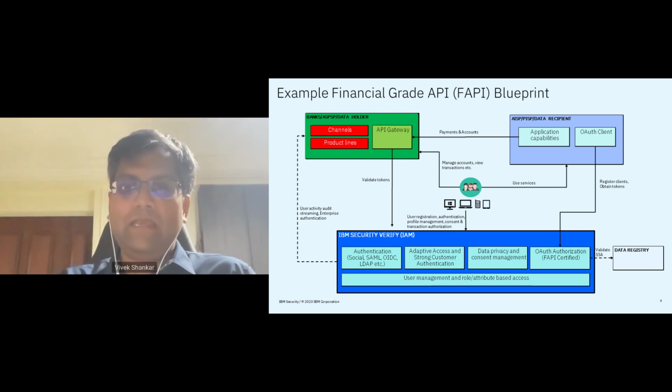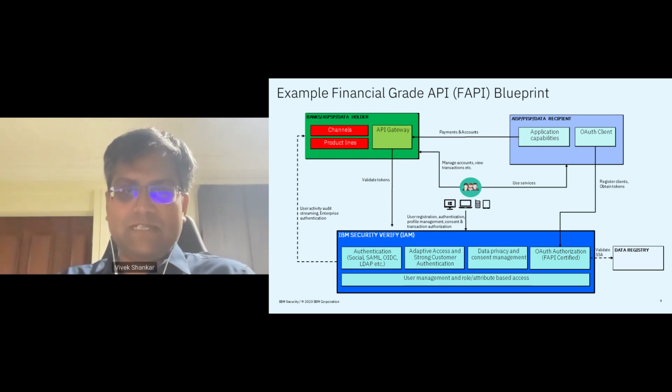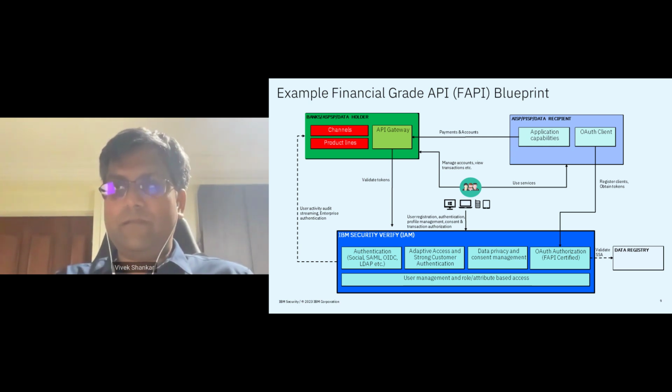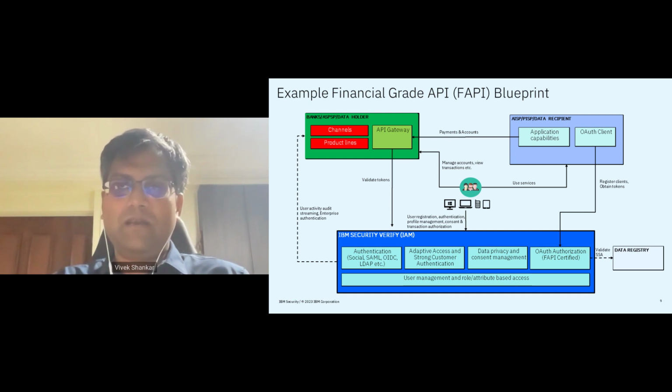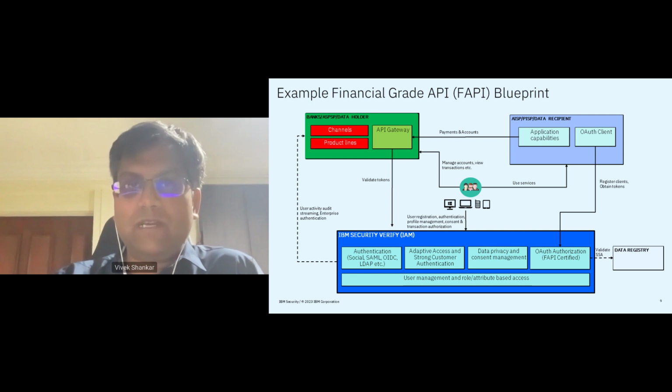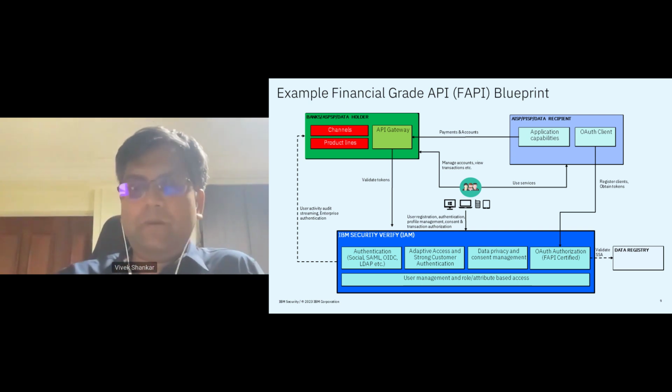They make use of IBM Security Verify as their authentication and authorization service, which provides a wide variety of capabilities. It's meant to secure the communication between all of these parties. And you have the third-party provider, which is your data recipient or the AISP or what have you. And those are the applications that are owned by your fintechs that are making use of the open APIs provided by all of these banks. Now, in terms of capabilities that